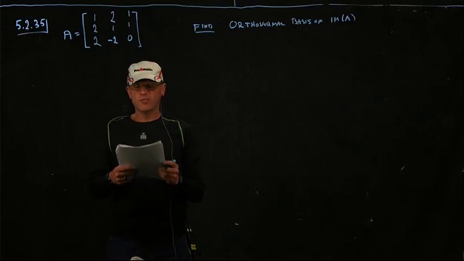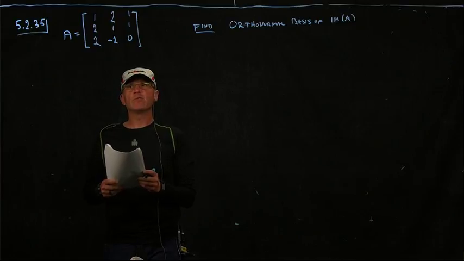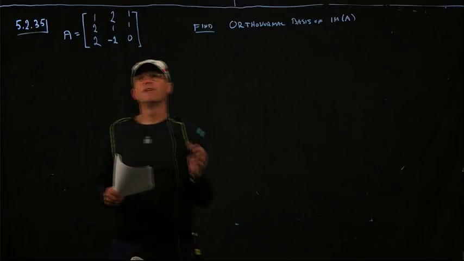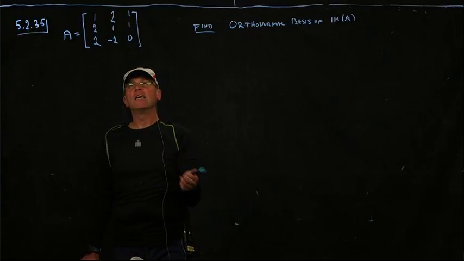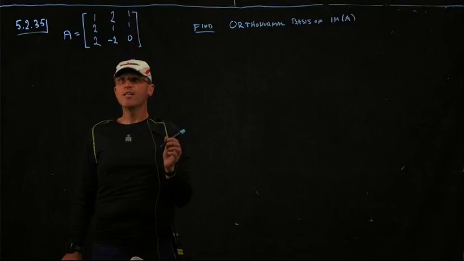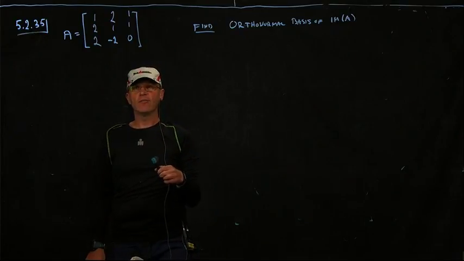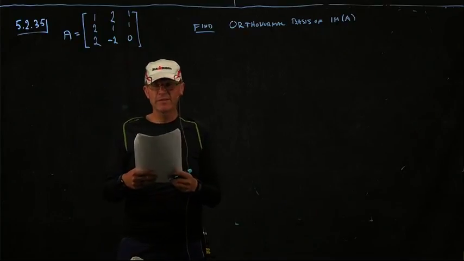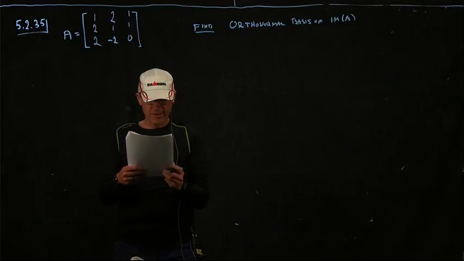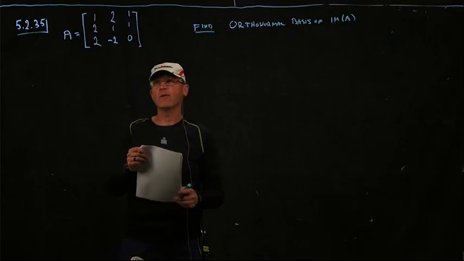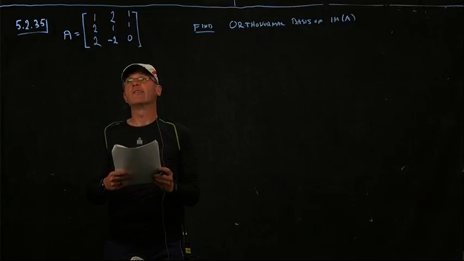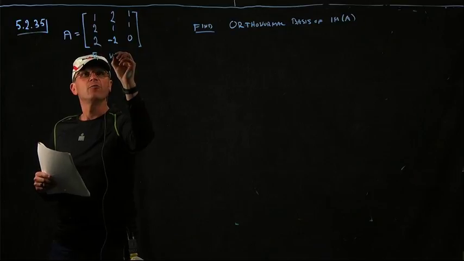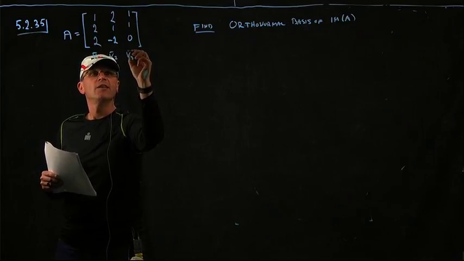So we're just going to start the Gram-Schmidt process on this. We have a 3x3 case. If the column vectors are linearly independent, we will find 3 Q vectors that will span all of space. But if they're not, at some point the Gram-Schmidt process will break down, and we'll see what I mean by breaking down, right? So we just kick this off. We have our V1, V2, and V3 columns.